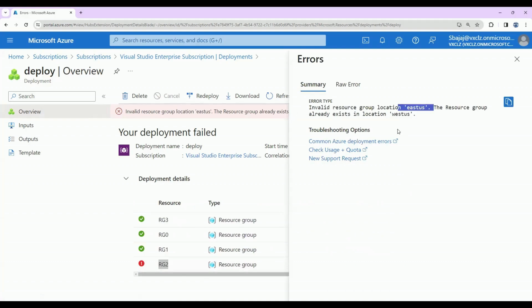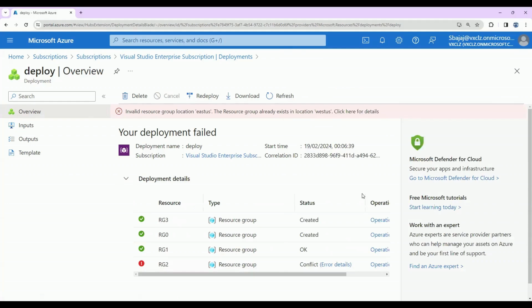This also tells you that you cannot have 2 resource groups with the same name even though they are in different locations. But overall, we know that deployment is not going to create 4 resource groups, which is what was